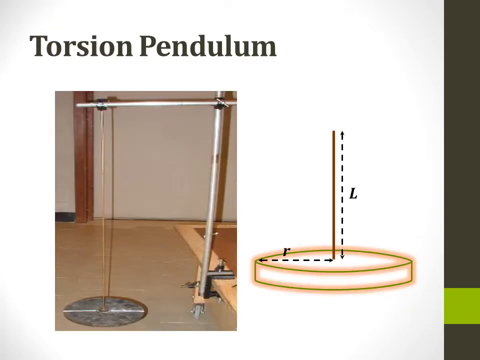Many of you would have come across this experimental setup of the torsion pendulum in your physics labs. It consists of a circular disc freely suspended in air by means of a long thin wire of length L. The radius of the disc is given by R. We are going to find out the twisting couple on the wire, the moment of inertia of the disc, and the rigidity modulus of the material of the wire in this session.